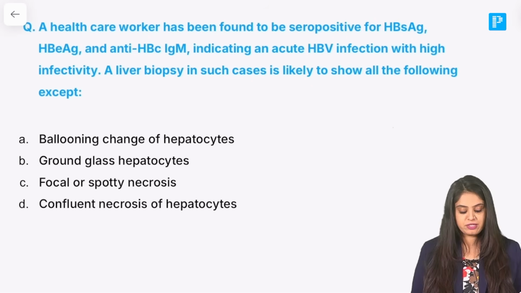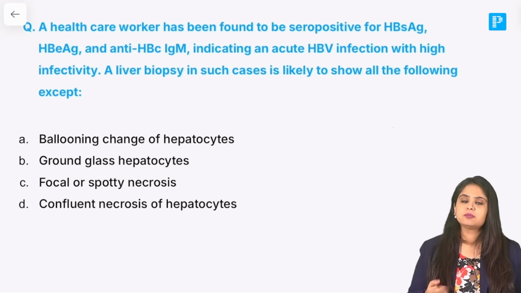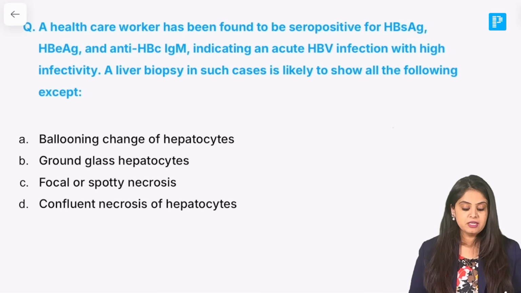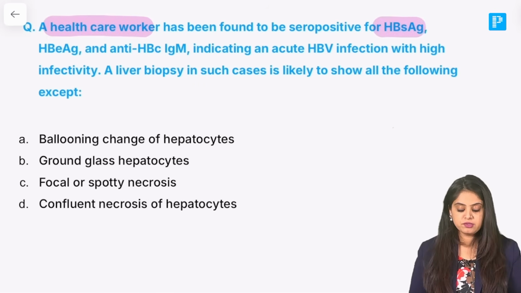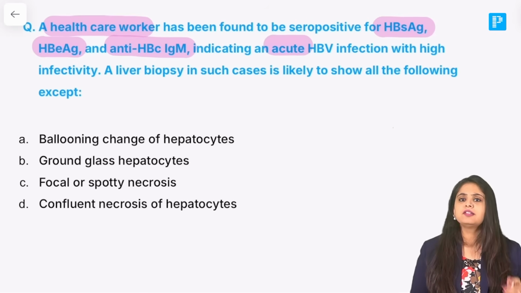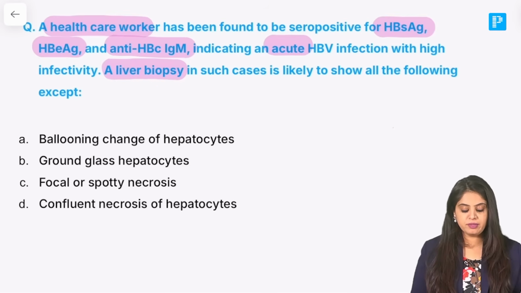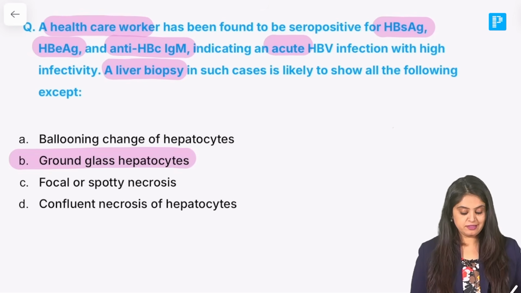Moving on to the next question, where I again feel there were 2 questions of hepatitis which we gave you in this test because one of them is definitely going to come. Here you have a healthcare worker seropositive for surface antigen, also for the E antigen, which is the pre-core antigen, and also anti-HBC IgM, which makes a case of acute hepatitis. I will give you the entire protocol for this also right in the next question. But as of now, they have mentioned that the liver biopsy in such cases will show all of the following except, and the answer over here is ground glass hepatocytes, because the question clearly says that this is a case